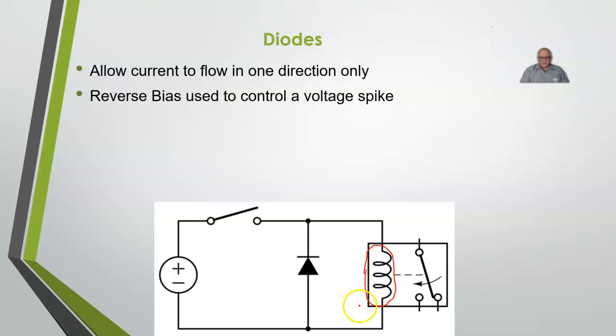So we get 50 volts in here, and that voltage is going to go through this diode and right back to the source. So this electromagnet became the source of the voltage spike. Electricity took the easiest path, which was through the diode, and that voltage spike stayed right in here. So this diode, when we close this switch, we're going to have battery voltage there. It's hooked in reverse bias, so it's not part of the operation of the circuit,